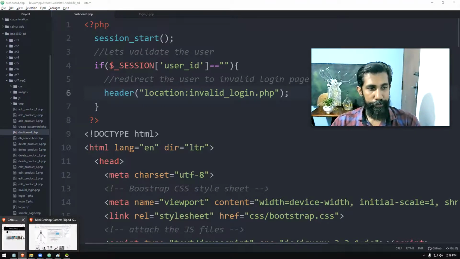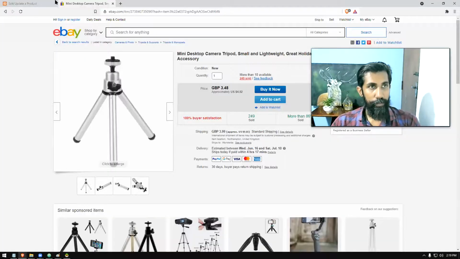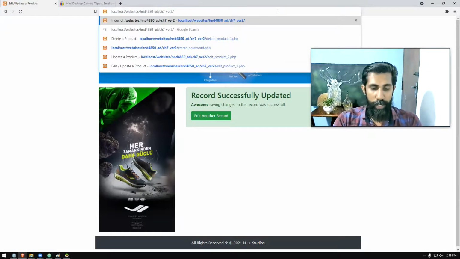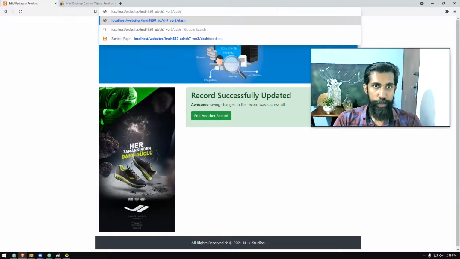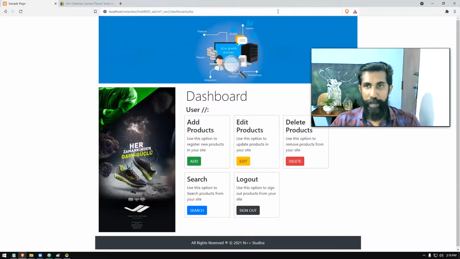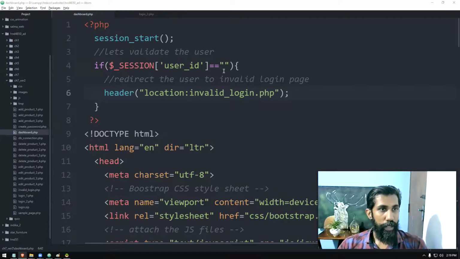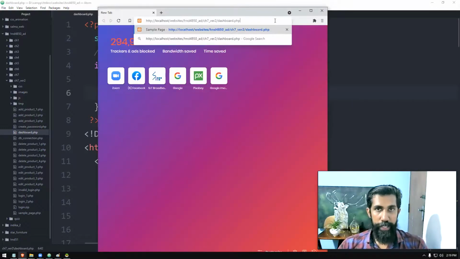Okay, now we go here. Let's erase this code. Let's type dashboard. Directly I'm going to type dashboard.php, because when I type that, now I am getting inside the page. So there's a problem. I would have logged in once. Let's go back now. Let's copy this code, close that. Now let's take the browser again. Let's try pasting it.